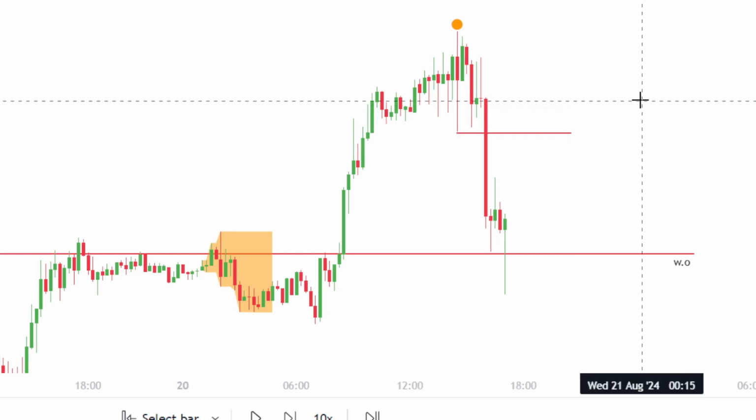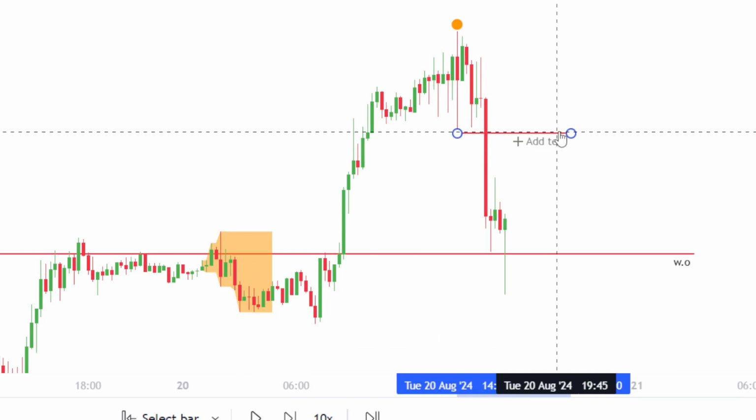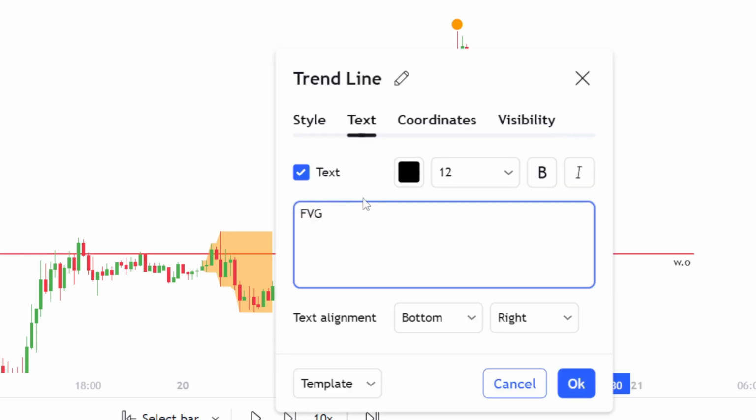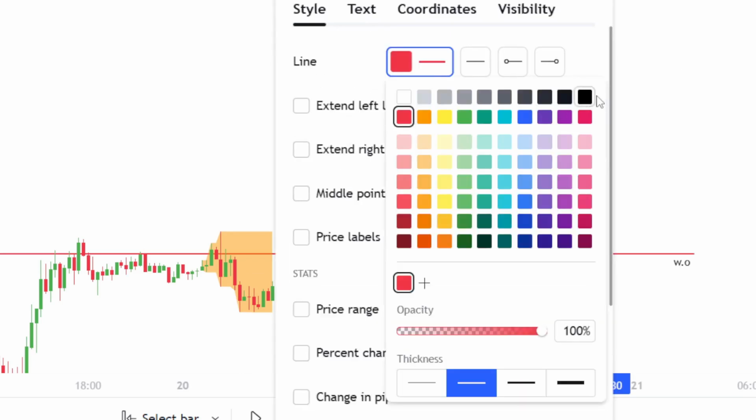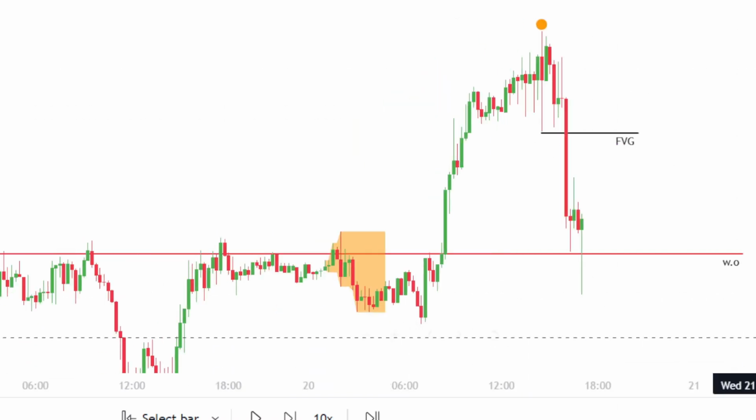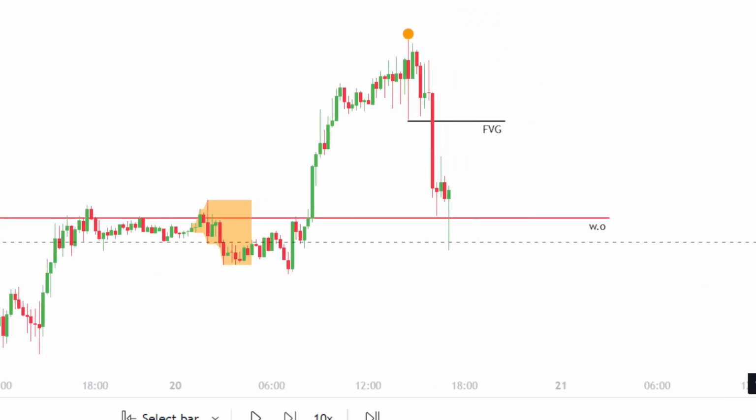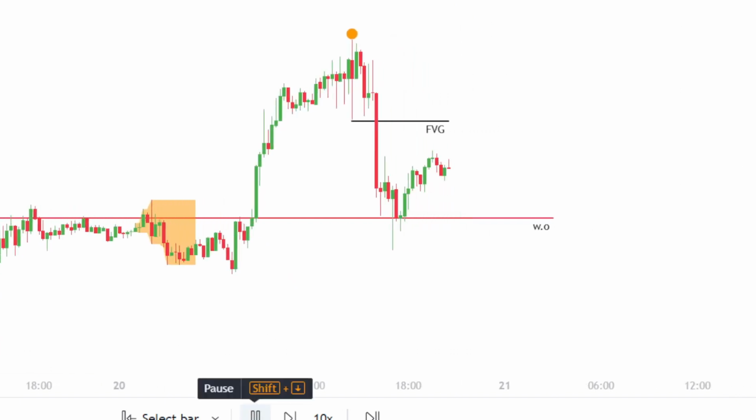Now for me to be confident and take sells, I want to see this fair value gap respected, right? So this is an inefficiency or a fair value gap. I'm going to label that in a different color. So this is a fair value gap itself. I'm now going to bring to people's attention how you actually respond when price gets to this fair value